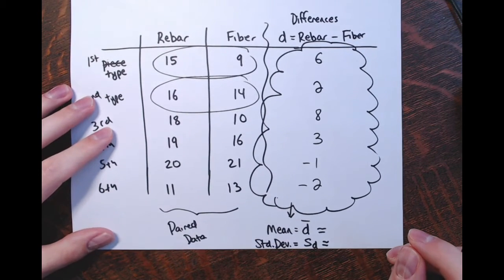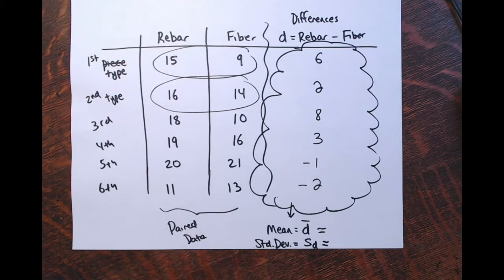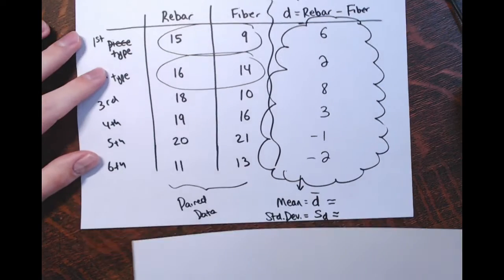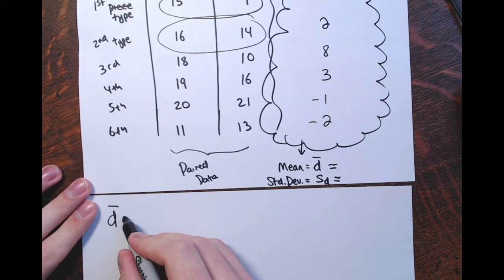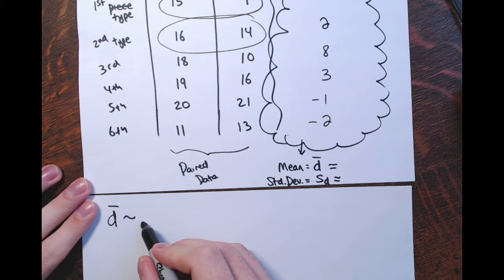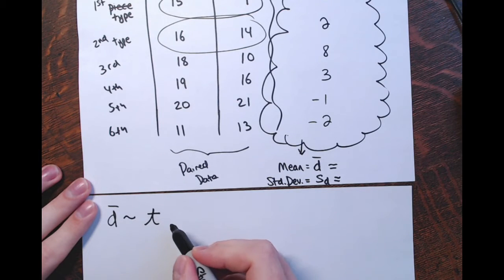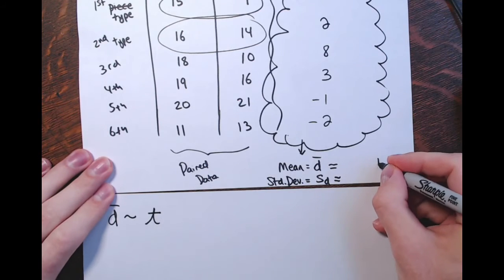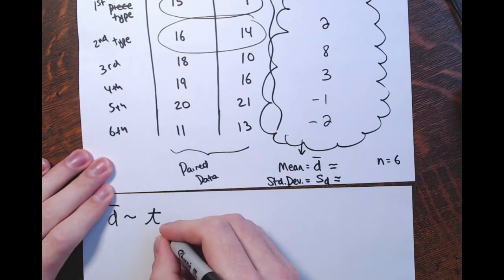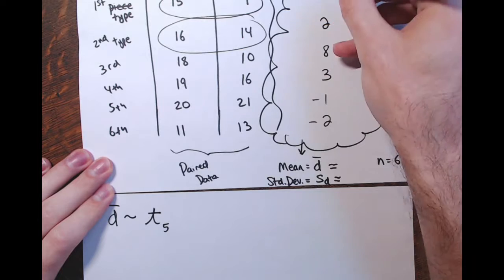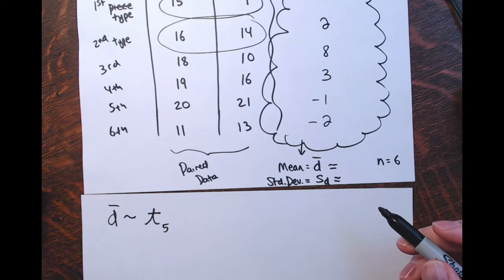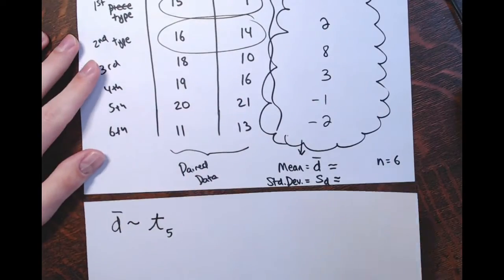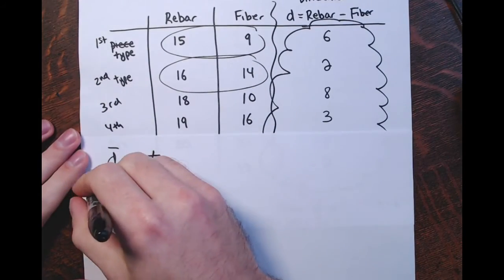And when we're going through the test later, if I were to do this for all different groups of 6 types of concrete, 6 sizes of concrete, and look at all their d bars, the d bars would have a distribution that's a student's t distribution with n minus 1, so 5 degrees of freedom. There are 6 differences here. We'd be looking at a student's t distribution with 5 degrees of freedom. All right, so again, that's all coming later. This is going to come in handy later. But for right now,